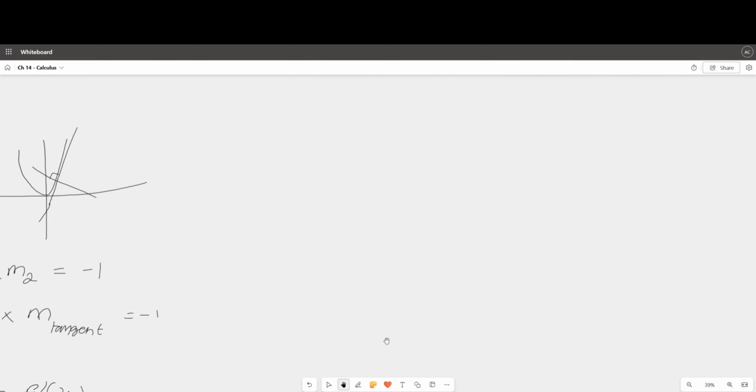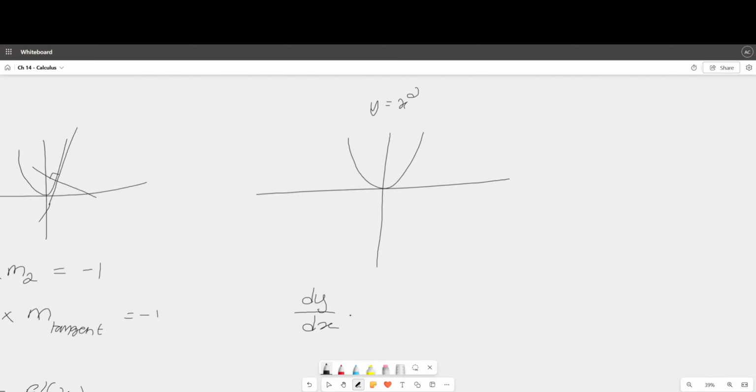Now the use of differentiation is to find stationary points. So what are stationary points? Well, stationary points are what we also call turning points. So for this graph of y is equal to x squared, the stationary point will be here. As you can see here, this actually had a negative gradient overall, right? But then it became a positive gradient. Well, the point at which it occurred is called a stationary point, and at the stationary point, the derivative is